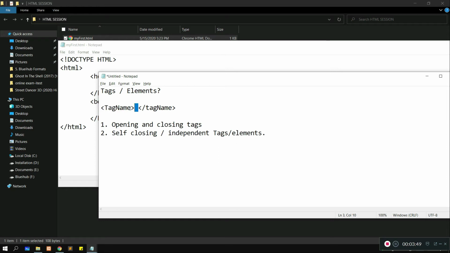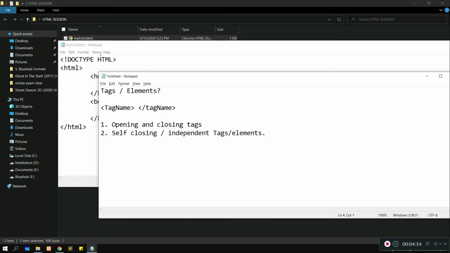This is the opening of the tag, we don't have any slash. And how will we define the closing? Here is the closing of the tag, by giving a slash. We call this a backward slash, and we call this a forward slash.